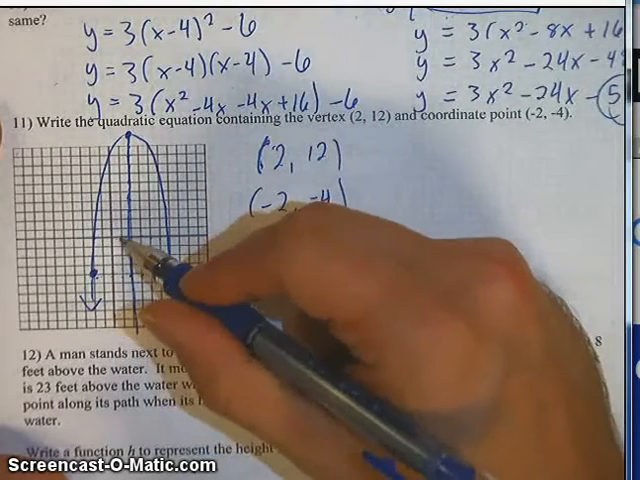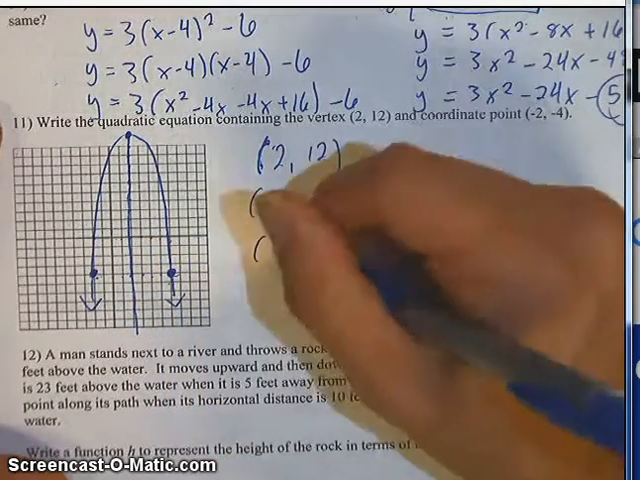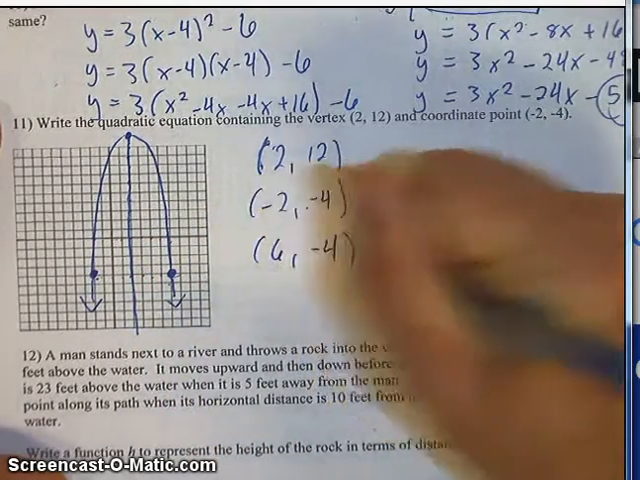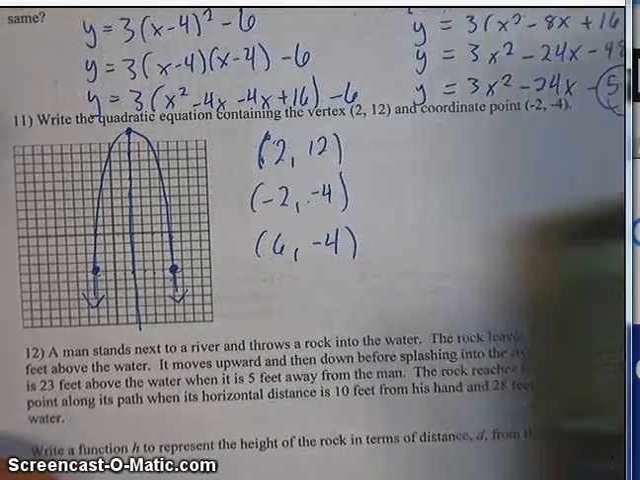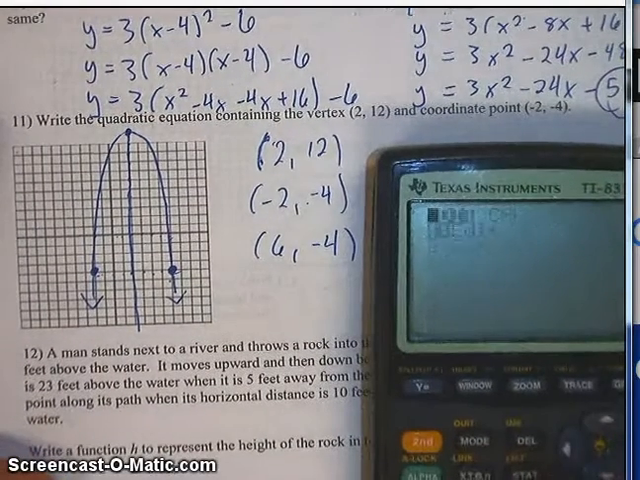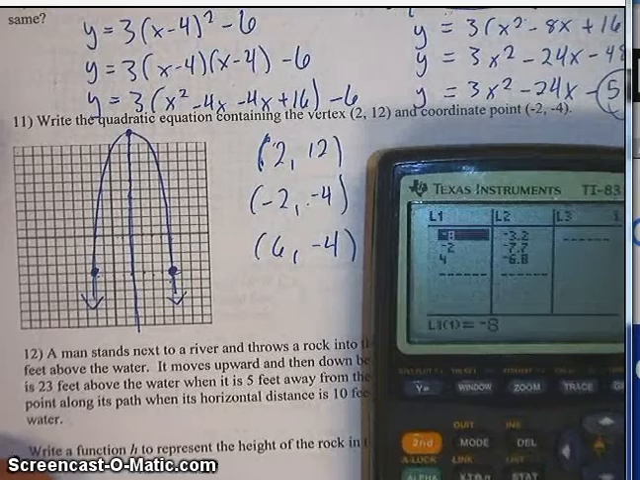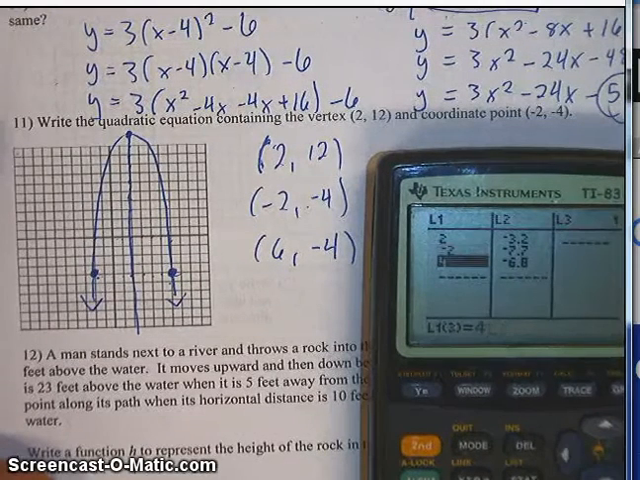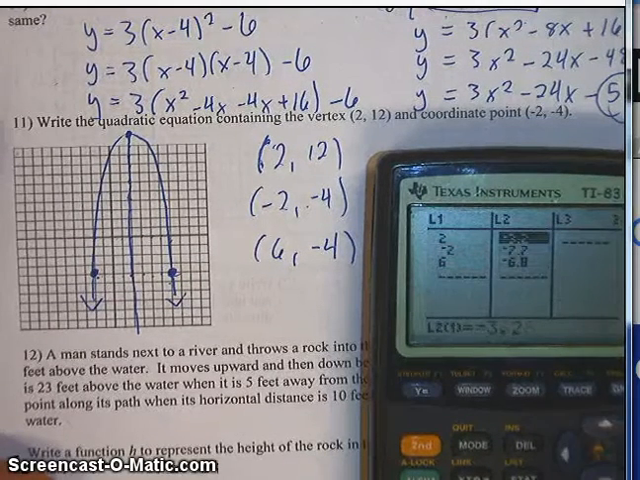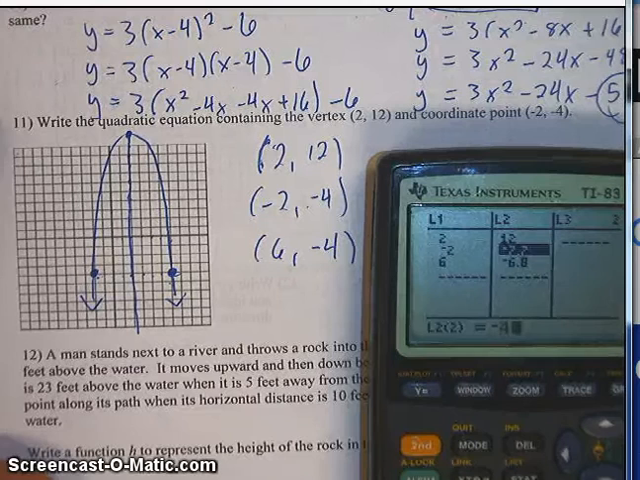Sorry, 1, 2, 3, 4, 5, 6, negative 4. So that's what I'm going to want to type in the calculator here. I'm going to go stat, edit, type in the x values of 2, negative 2, and 6, and the y values of 12, negative 4,